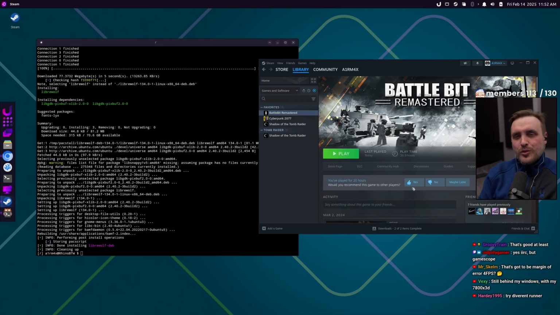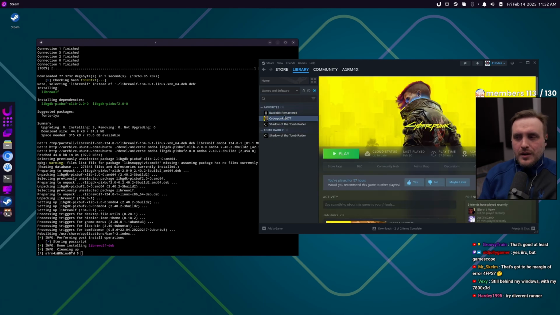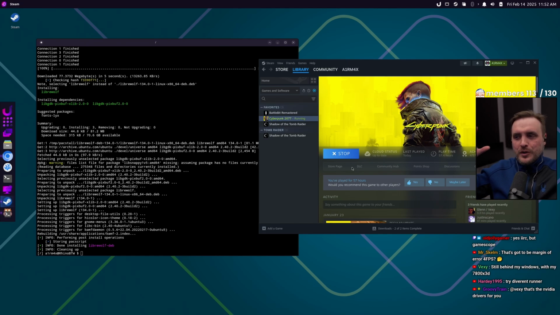Again, I believe this distro is not really oriented for gamers, so I wouldn't be so hard on them. But if you are a gamer and you jump into it, it might not be a smooth experience compared to other distros which are dedicated to gaming. You're going to tell me, yeah, Max, it's obvious. But when I see the concept, when I see the vision of the distro, I'm like, man, this distro would